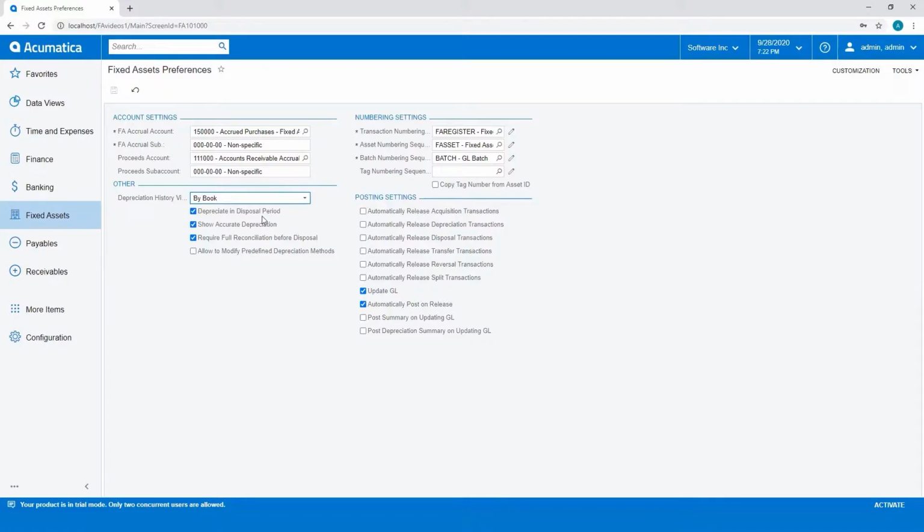Then we have depreciate in disposal period. If you select the checkbox, it will make sure that the asset is depreciated in all financial periods before the current financial period you dispose of the asset. Show accurate depreciation. When you select the box, it's the way calculated depreciation amounts are displayed in the system. If you select the box, for example, you will view the reported depreciation amount for the previous financial periods and